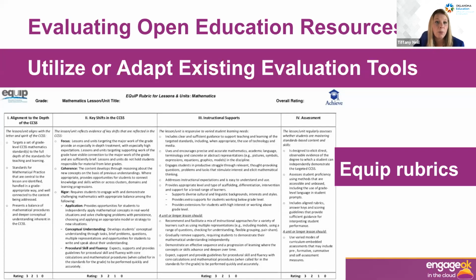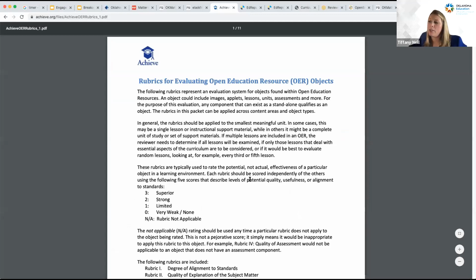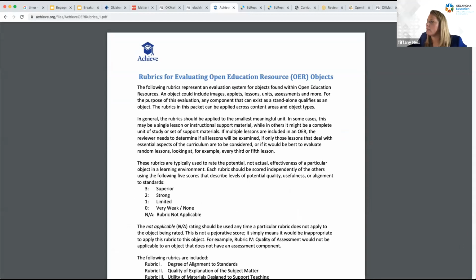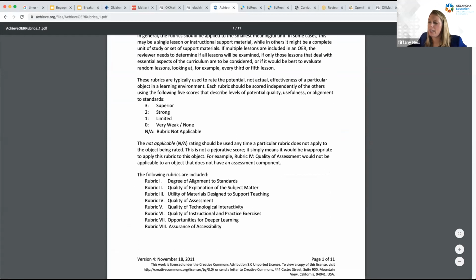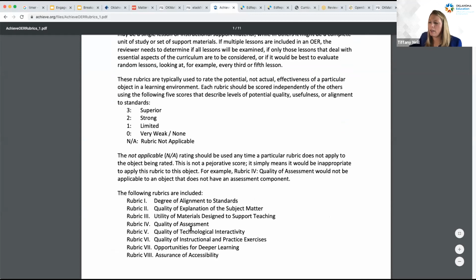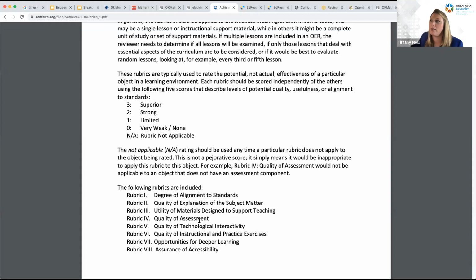Achieve provides a rubric that allows you to specifically evaluate OER materials. And I just want to quickly go to the rubric. I know Becky and Christine will likely share the link to the rubric in the chat as well. But there are many different categories associated with the rubric that would allow you to evaluate the OERs you're taking a look at. One aspect of the rubric focuses solely on accessibility. So that's an important part of the OERs as well. So you may want to take a look at that rubric and see the ways in which it encourages you to evaluate these materials based on accessibility.